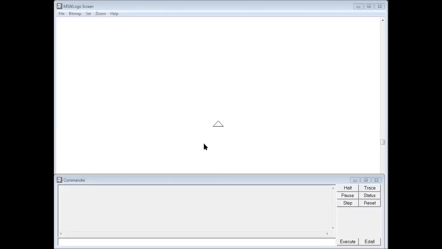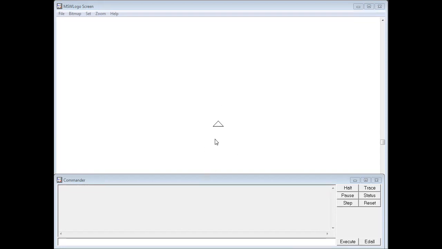Dear students, today we are doing the practical of Logo, chapter number 5. So here I am showing you the practical of Logo commands, and the commands are HT, hide turtle, ST, show turtle, then PU, pen up, then PD, pen down, then PE, pen eraser, then the repeat command. Dear students, I'm showing you these commands practically one by one. So you watch how I'm doing the practical in Logo.